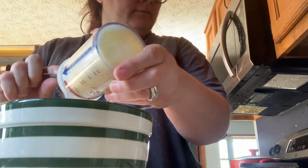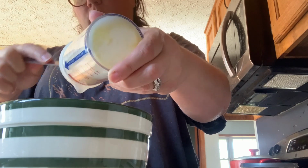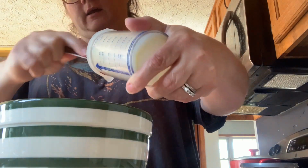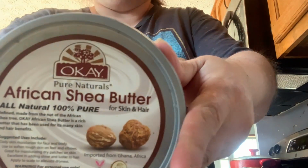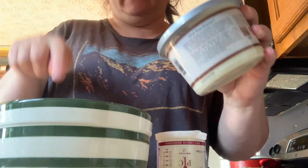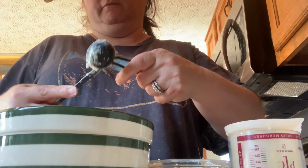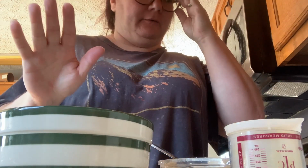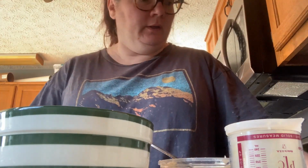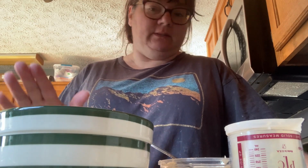All right. And now we're going to put 4 tablespoons of shea butter. I just got this off of Amazon. So I'm going to put 4 tablespoons in here. So this is number 4. All right, so now we have 2/3 cup coconut oil, 2/3 cup wax, and 4 tablespoons of shea butter in